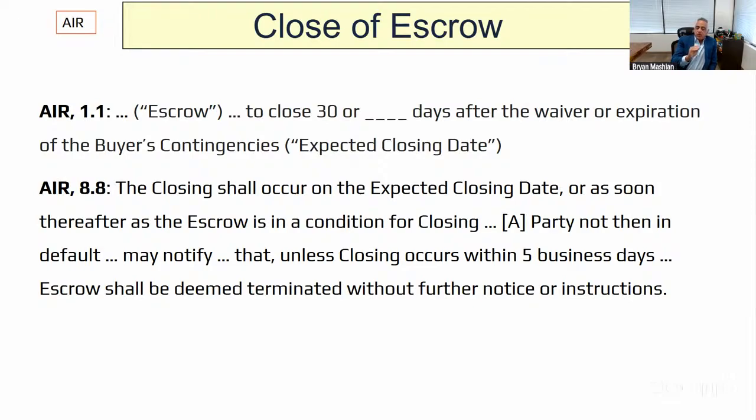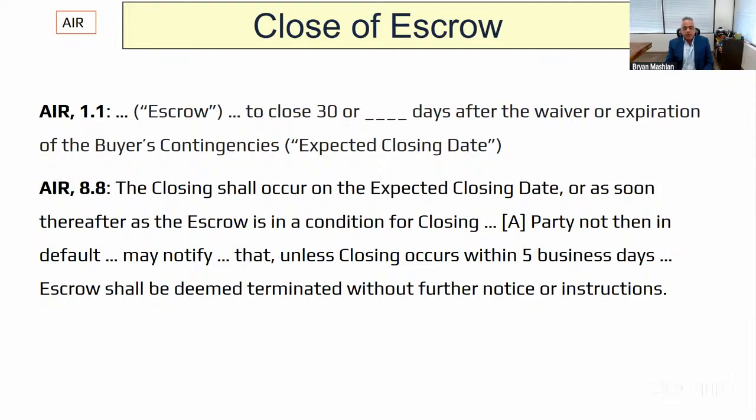if you remember what I said earlier, a lot of the contingencies start from when the seller provides a document. Depending on when the seller does that, the end date of the contingencies, they're not all the same date. So we have a floating contingency expiration date. We also have a closing date, which is 30 days after the buyer has satisfied or waived. Now you could put, instead of 30, the default is 30, but you can put in a shorter time frame if you want, so that you have 15 days after the contingencies are satisfied, or whatever period of time